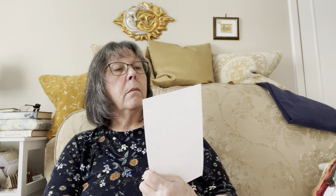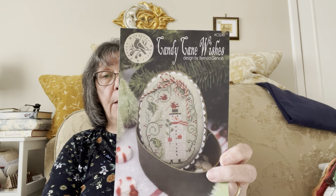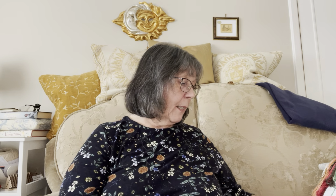But I have been stitching on this one, Candy Cane Wishes by With Thy Needle and Thread, and it's Brenda Gervais. Love it. I picked this up off the sale table when we were at retreat, and that's where I got that from. And I'm doing it on 14 count Yorkshire Aida. That's what I'm actually stitching it on,